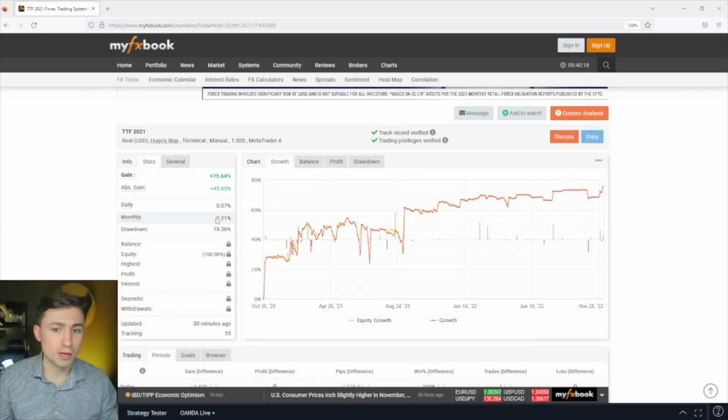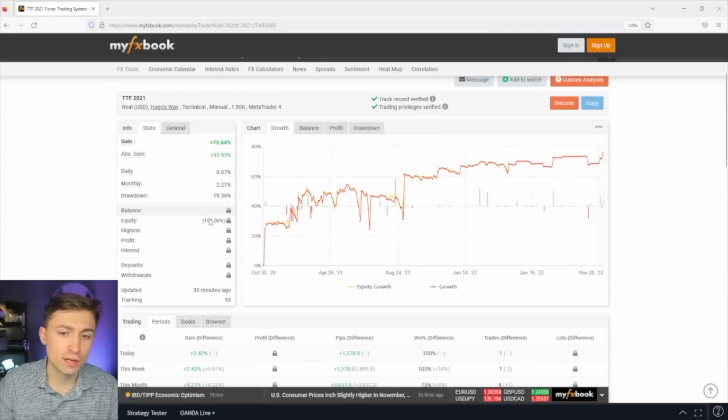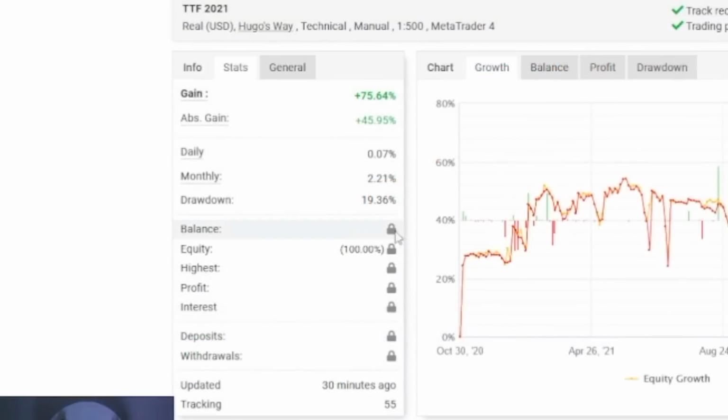Stuff happens, right? So if you know stuff happens in markets and you're still able to generate a positive return, to me, that's something to be proud of. Whether it's 1%, 0.5% per month, 2%, 3%, doesn't matter. If you're profitable, you're doing something that most people are not able to do. And so the drawdown at 19% is relatively high, but compared to the overall gain, I think it is still